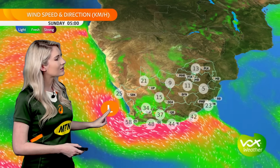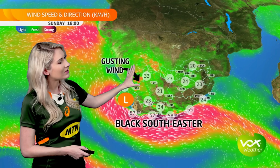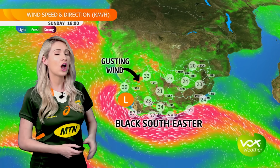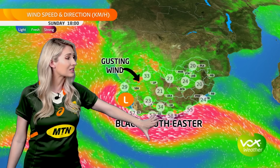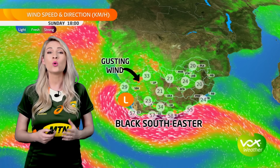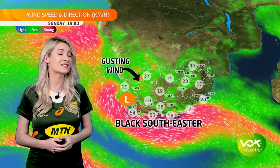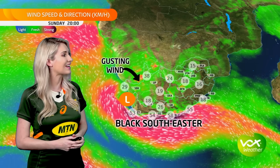We can see the low nearing the country and winds turning clockwise around that low pressure system. We're expecting gusting winds on Sunday over the western interior of South Africa, especially the Karoo, and then a black southeaster expected along the southern coastline. Now, a black southeaster is usually when gale force to near gale force southeasterly winds are associated with rainfall, and we know this onshore flow will bring lots of rain for the southern coastline on Sunday as well as overnight